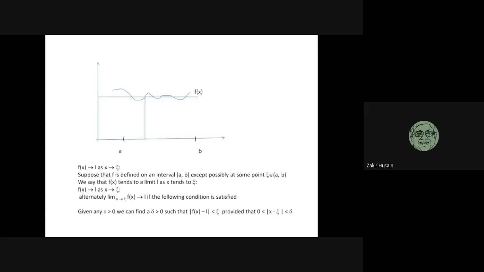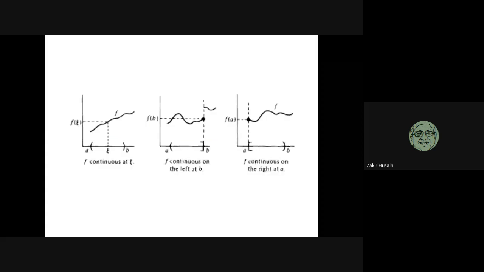So if we combine them, we get the concept of a limit. Over here, we have boundaries A and B. If we move from left to right, we are approaching L. If we move from right to left, we are also approaching L. Now in this diagram, you can see that the right hand and left hand limits are the same.